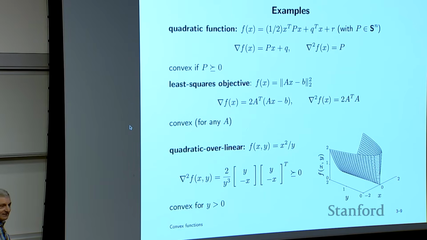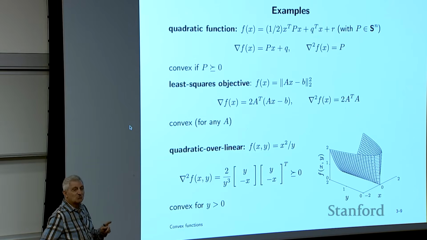Now we get to a fun one. This is the simplest convex function that most people are utterly unaware of. If I walk up to a person on the street and say, hey, is x squared convex? They're like, duh, of course it is, because you just draw the picture in your head. Most people would know that a norm is convex because it's kind of like the triangle inequality. These are kind of obvious. Here's a super simple one. The function x squared over y, two variables, y is positive.